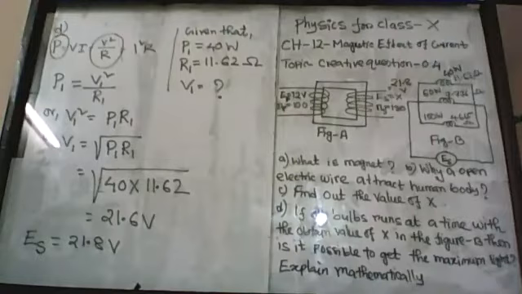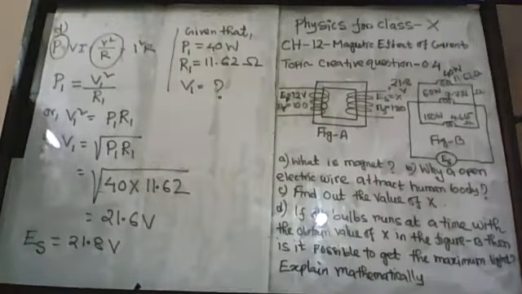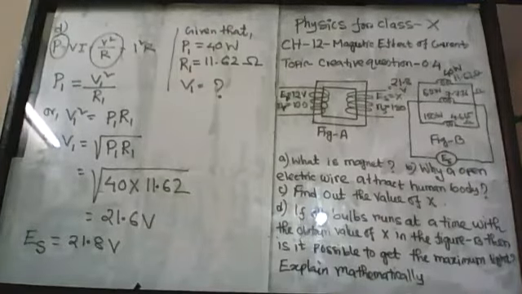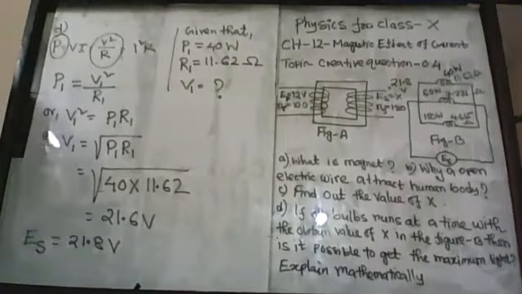Since all three bulbs are connected in parallel combination, the supplied voltage to those bulbs is equal. Since the first, second and third bulbs are connected in parallel, their voltage drop must be equal. So the voltage for the first bulb equals the voltage for the second bulb, which equals the voltage for the third bulb.